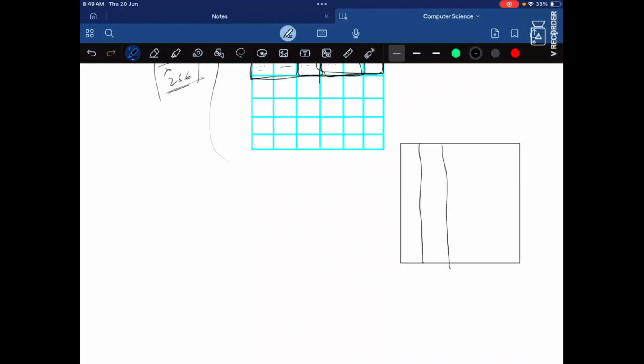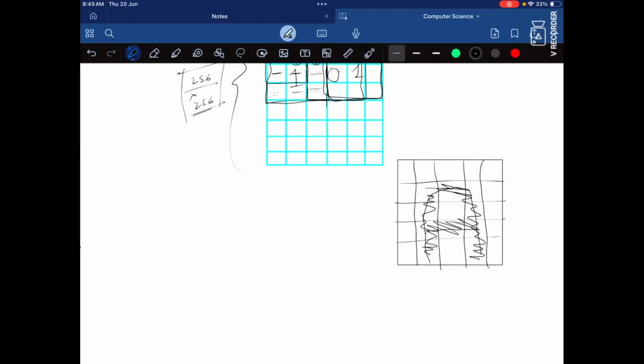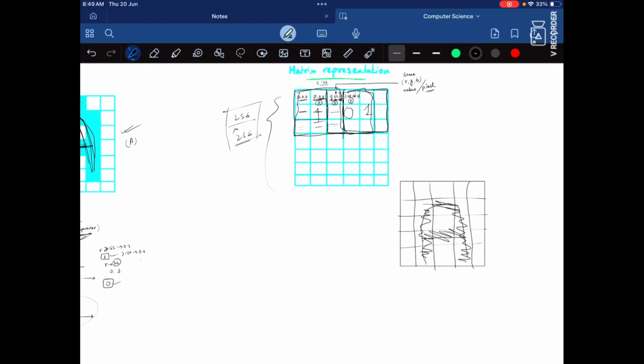Suppose this was the function. This is our new image, and we can say this is the letter A. These grids. It's a much smaller image than this. This is a very big image.